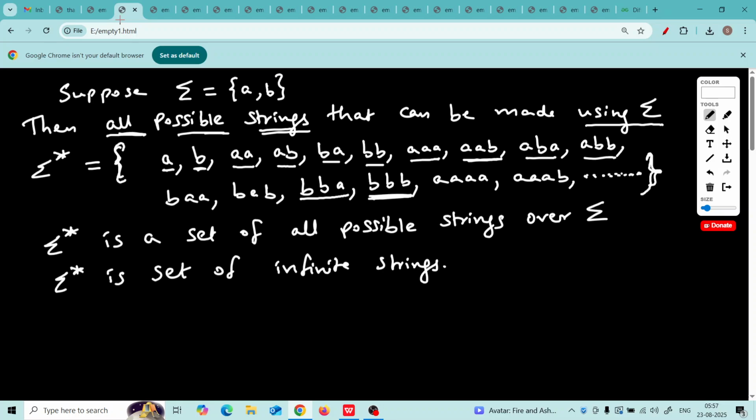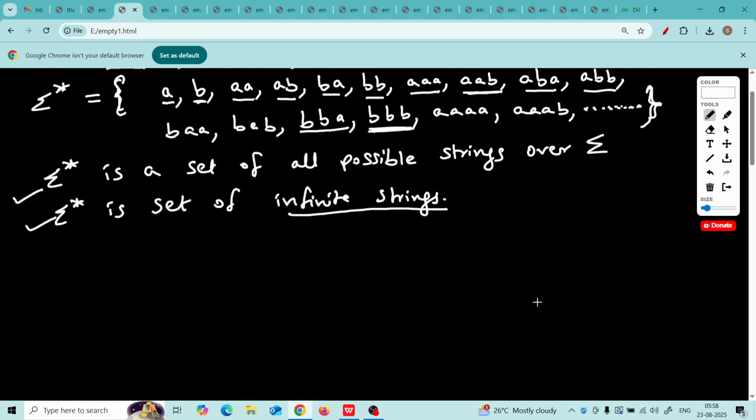And then we continue writing strings of length 4, then length 5, then length 6. So, it's an infinite set. So, sigma star is the set of all possible strings over sigma. Sigma star is a set of infinite strings that can be constructed using A comma B. Correct?